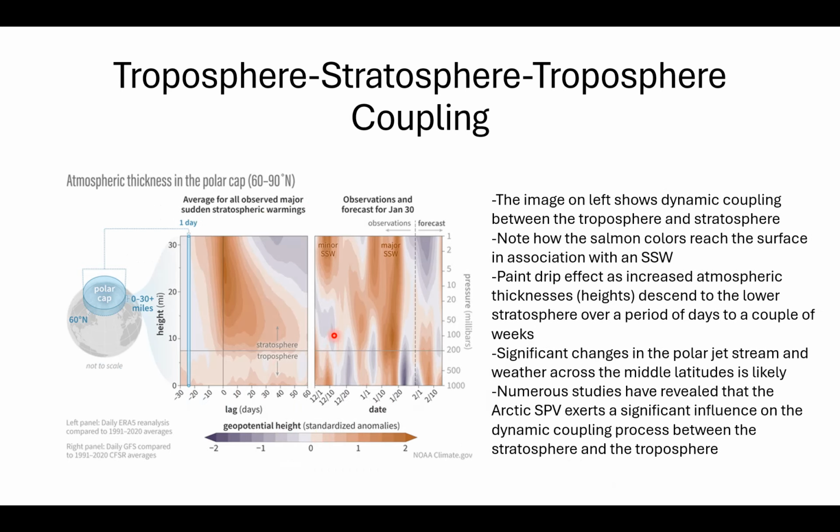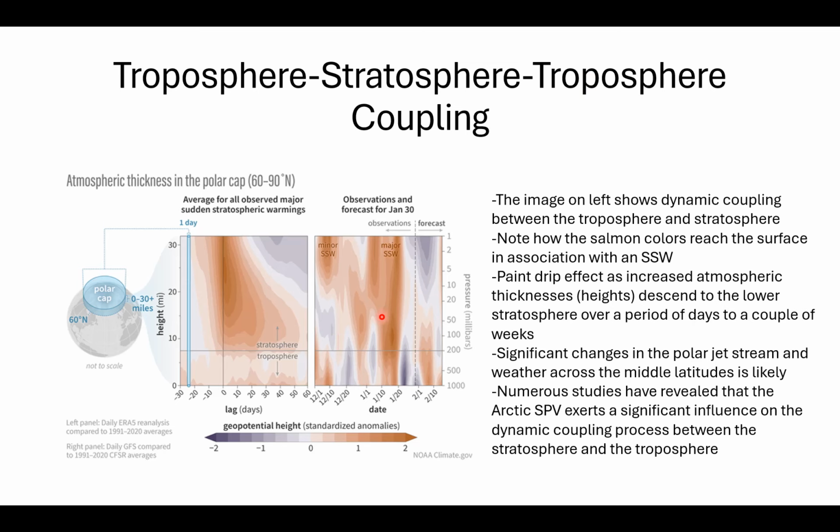Additionally, I'm going to show you an example now of strong coupling, or strong connectability, between the stratosphere and the troposphere. Now, why do I call it troposphere, stratosphere, troposphere? Because the wave energy that we talked about earlier, the planetary wave energy, moves from the troposphere into the stratosphere to disturb or weaken the stratospheric polar vortex. And then after that vortex is weakened, do we have some of that energy coming back to the troposphere or